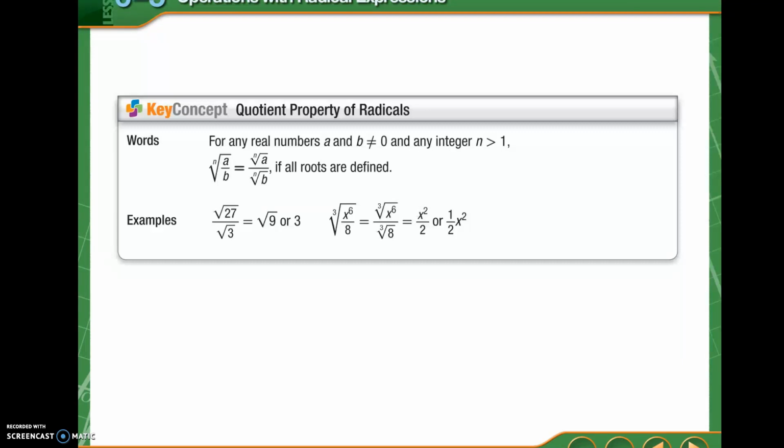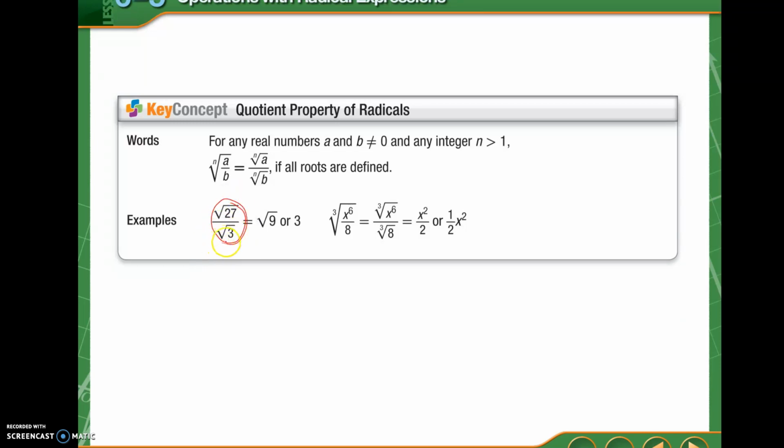All right, so we have looked at simplifying radicals. Now we're going to look at our main operations: multiplying, dividing, and subtracting. And we know, same as the product property of radicals, we can also do the same thing with quotients. We can take the nth root of the top and the nth root of the bottom. And what we do is we want to rationalize that denominator